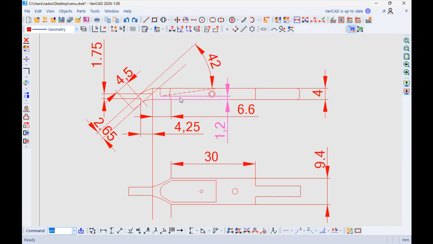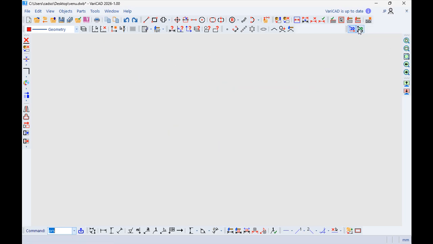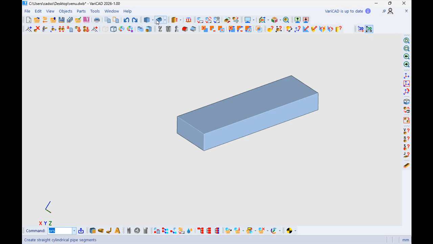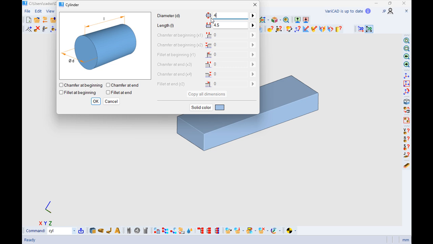Now, so I have this section here, this one. Now I came from a round shape, 4 millimeters diameter, and I will create a cylinder. So 4, and the length now it's not important, and you'll see why a little bit later.